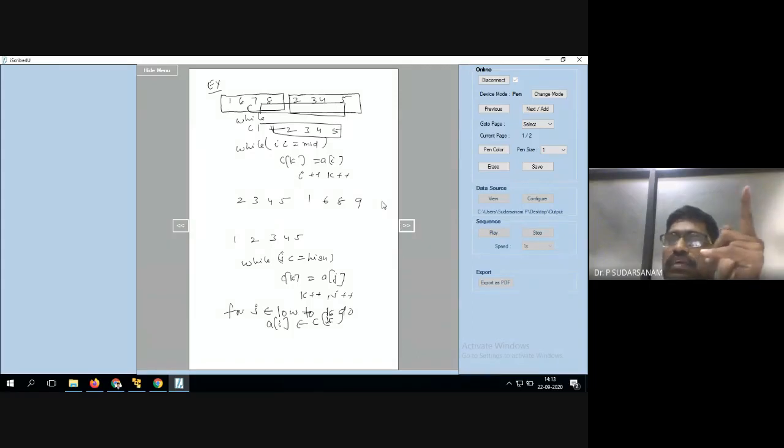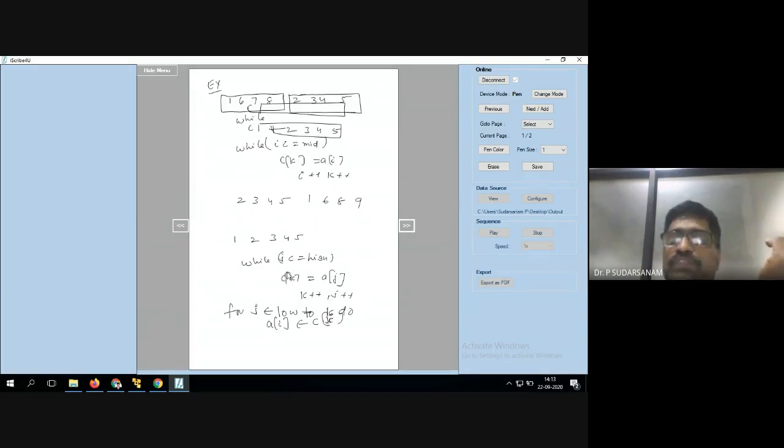As a programmer, you have to think not only of the equal parts, first part and second part, dividing equally. When you are sorting, maybe the first time we can copy the first part of the elements or the second part, whatever it may be. So if only the first part is copied, you have to copy the remaining elements of the second part. If the second part is over, the first part of the elements has to be copied.